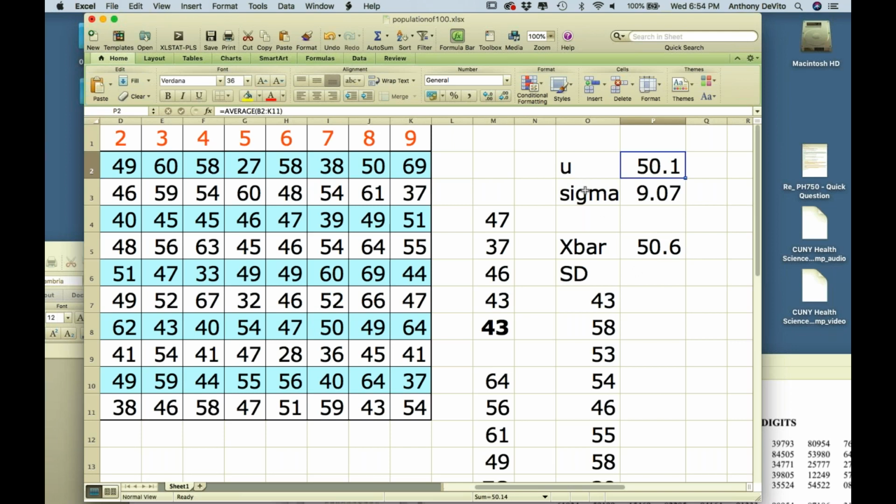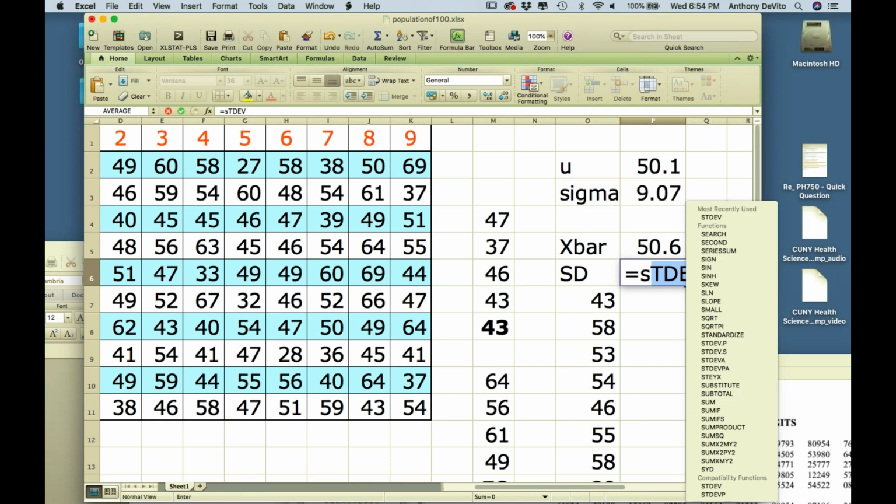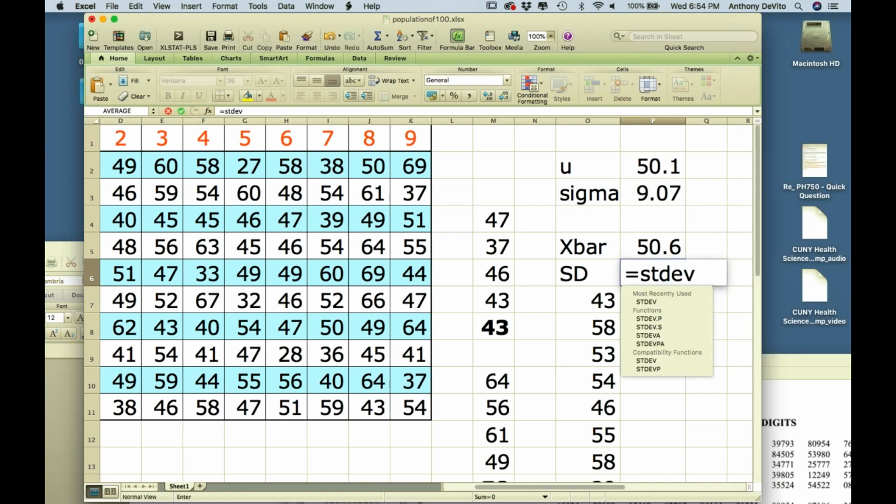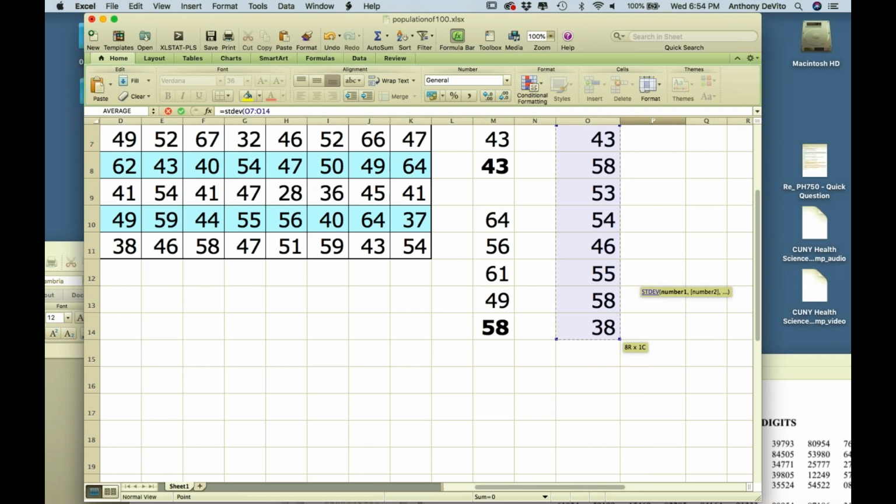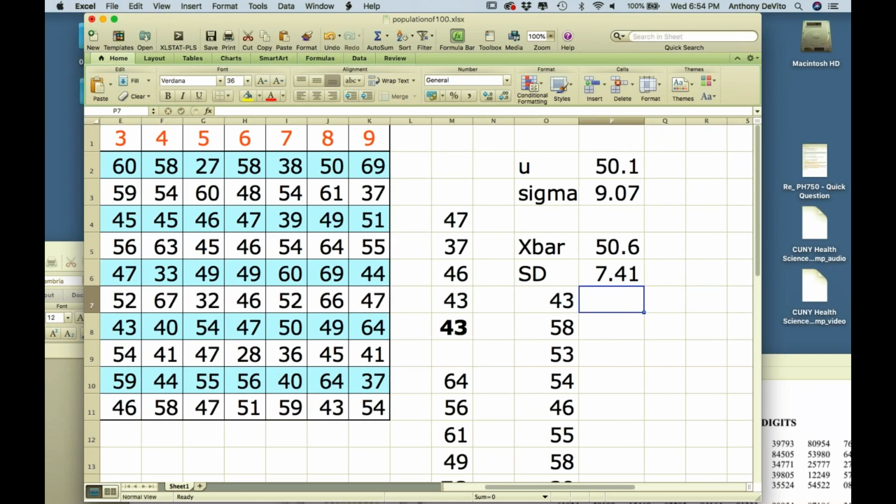Well, let's take a look at the variability. The variability, or the standard deviation for the population, was 9.07. Let's calculate it for our sample. Parentheses, and I'm going to take these numbers, hit enter, and what is it? It's less than it was for the population. These numbers are closer together than the population numbers are. And that makes sense because you're going to average them.